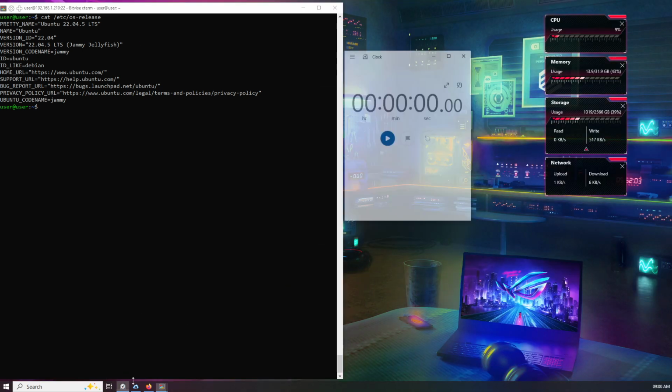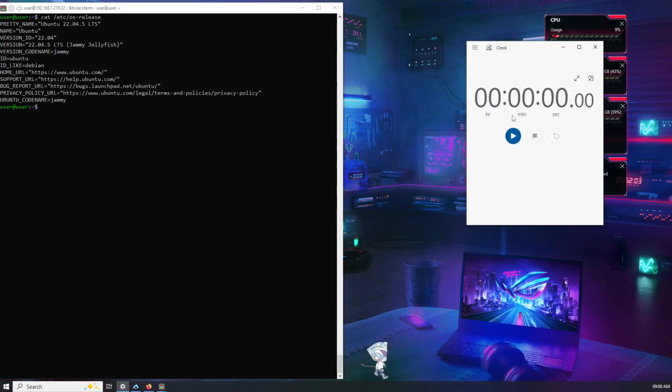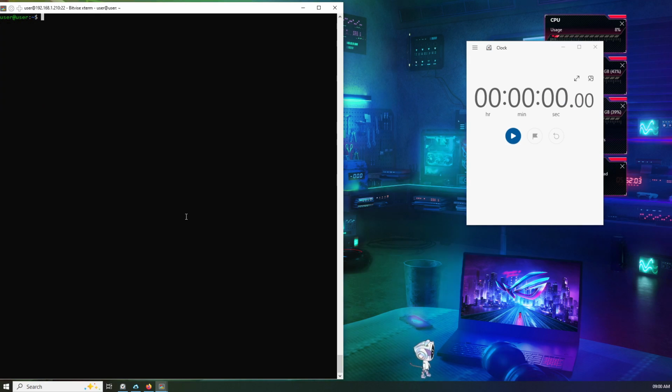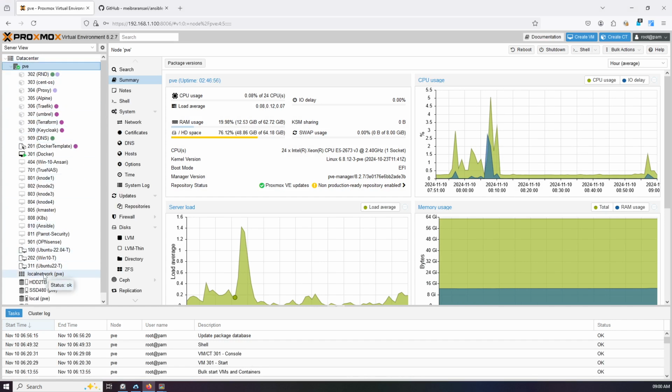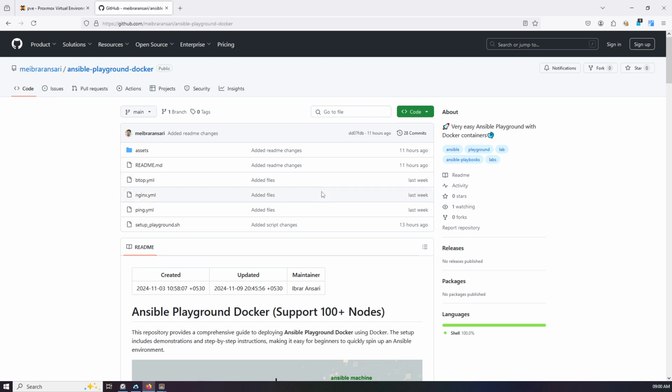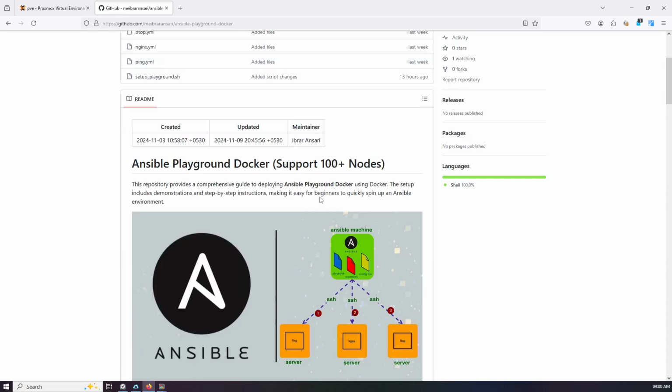Let's start a timer side by side, so we will see how much time it will take during the deployment. Yeah, I'm using Proxmox and there are a lot of services available here, but as of now I started a Docker VM to give you the demo. GitHub repo. Yeah,